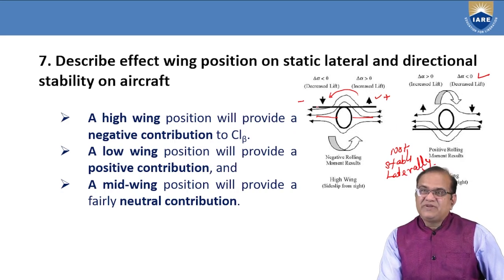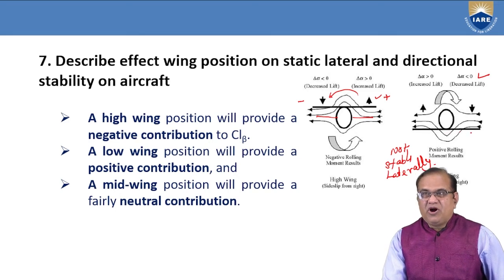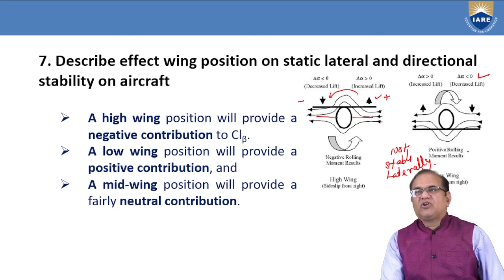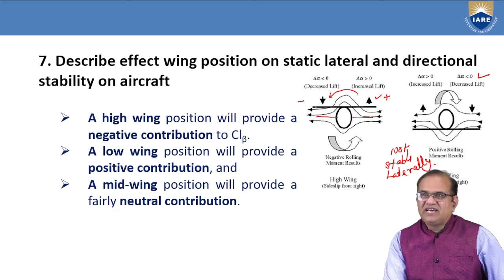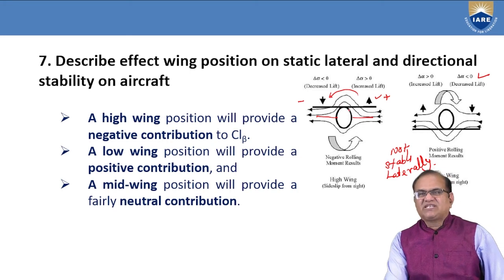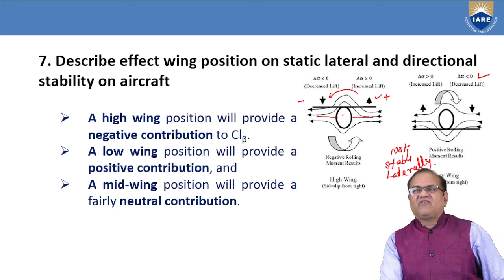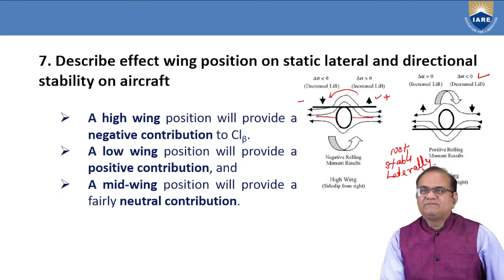So if the aircraft is a high winger, with the wings above the fuselage, it is stable in the lateral axis, and if the wings are fitted at the bottom of the fuselage, it will give a positive rolling moment, and this positive rolling moment will give instability to the aircraft. That is why, if you want to make the aircraft more stable, like our general aviation aircraft, Cessna and all, most of the aircraft have their wings above the fuselage. It is very stable for training, for enjoyment, for recreation, and for other requirements. However, as the stability is high, the maneuverability and agility of the aircraft is reduced.